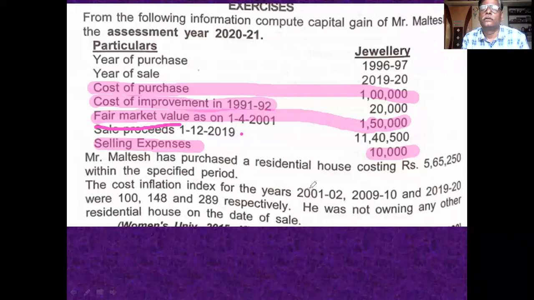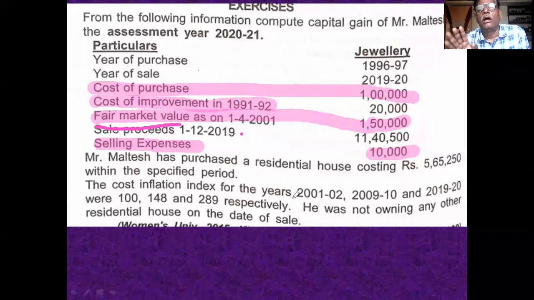54B. Okay, these are the two important ones. And capital gain invested in specified bonds, specified investments. That is, one is National Highway Authority, another is Rural Electrification. These two points. In that, 50 lakh is the limit.